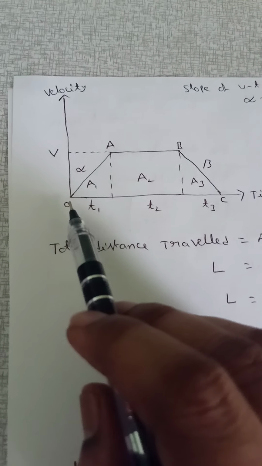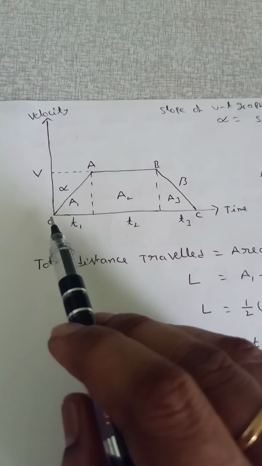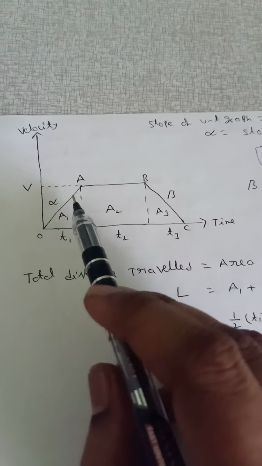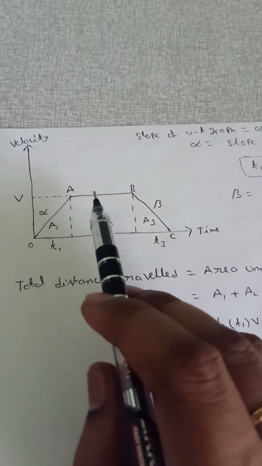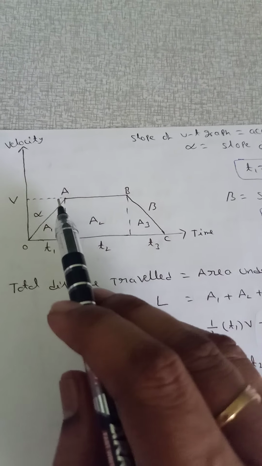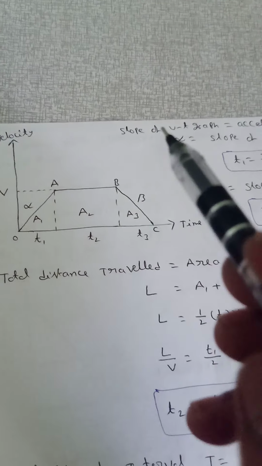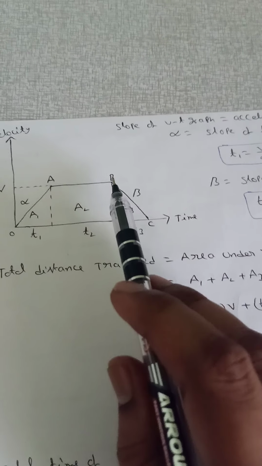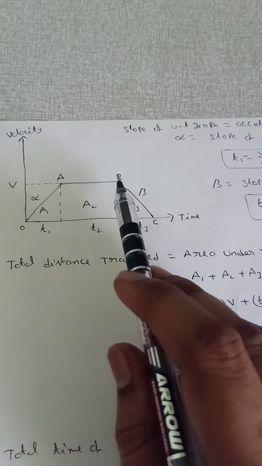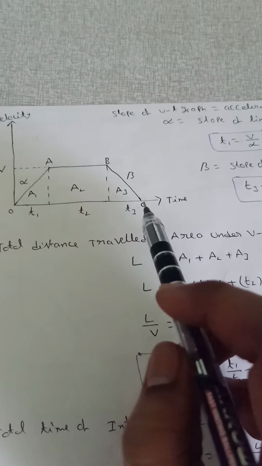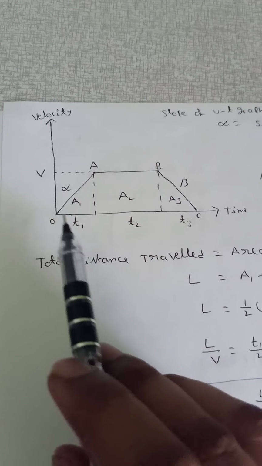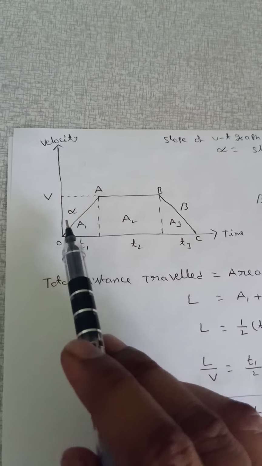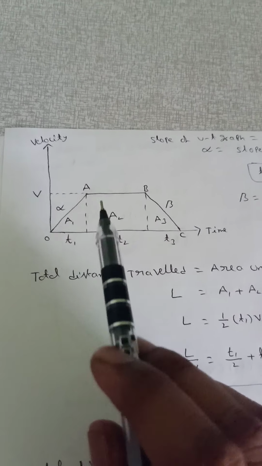A train starts from rest at O with some uniform acceleration up to A. From A to B, the train is moving with uniform velocity, that means constant velocity, acceleration 0. And from B to C, the train undergoes retardation, that means velocity gradually decreases, and at C the velocity will be 0. In the first case, the train undergoes uniform acceleration for some time t1, and